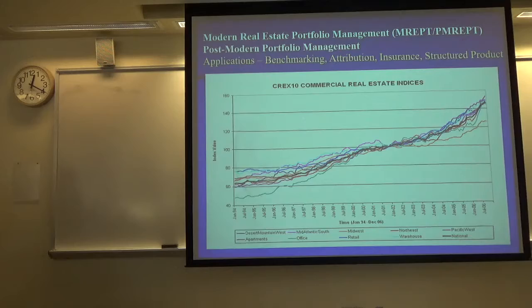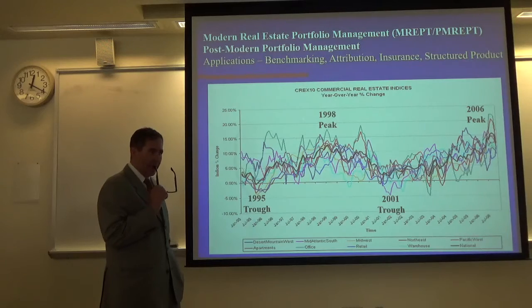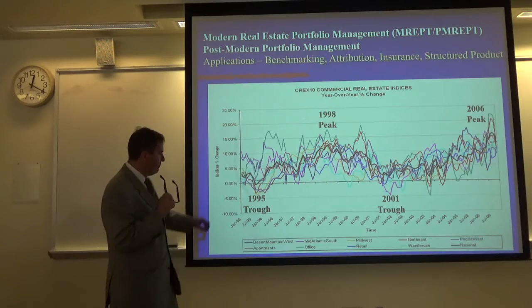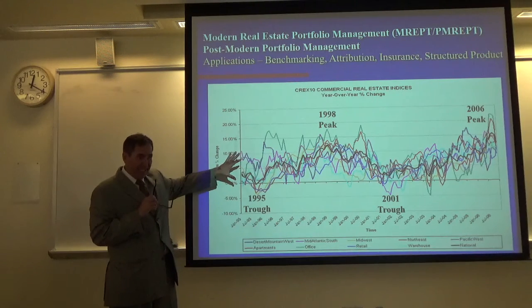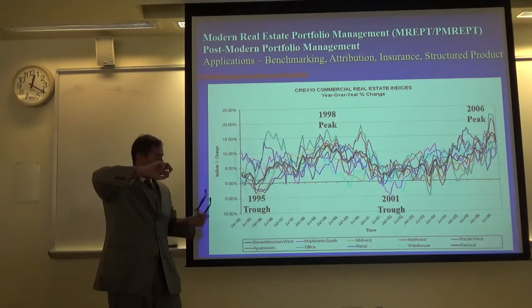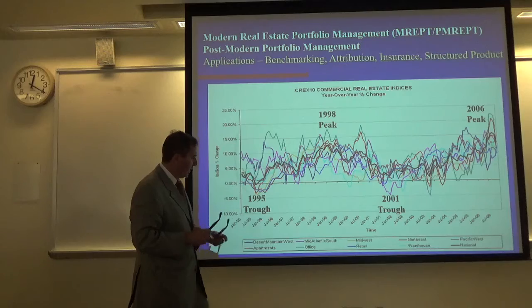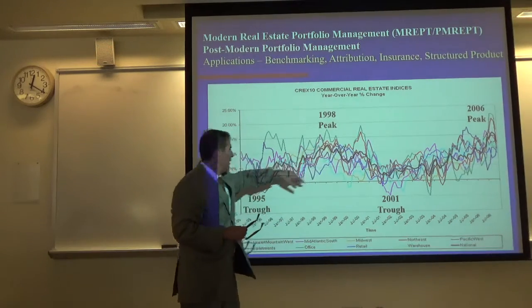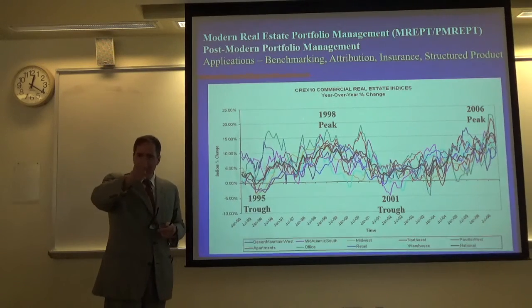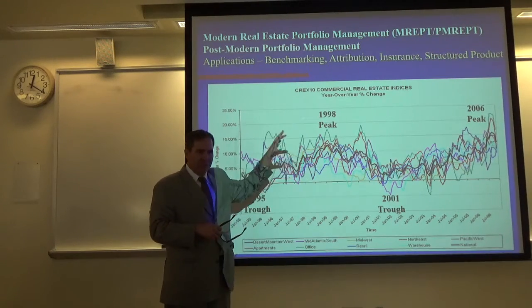So what I did was I went back and I basically looked at the year-over-year change in all of the indexes, and I set the precision calculation to magnify the volatility in the indexes. So at some point it was just a dial. I could just dial it up, dial it down, dial up the volatility, dial down the volatility. And I knew that rates of return in the late 90s for a lot of these product types were in like the 15 to 20% range. So basically that's all I had to do, dial the precision calculation to get the amplitudes of the returns to match the marketplace based off experience.